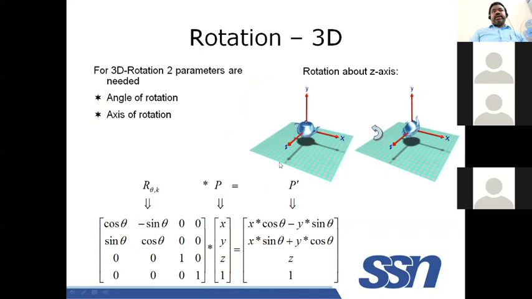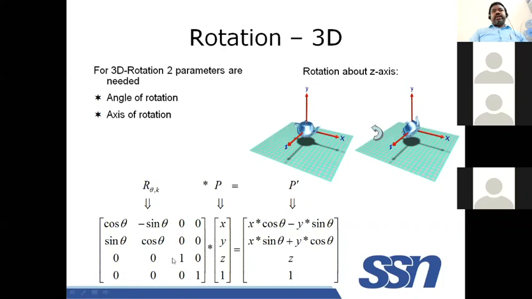This is the Z-axis. So it is rotated in the anti-clockwise direction. You look at it, this object is rotated with respect to the Z-axis by an angle theta in the anti-clockwise direction, so that it is tilted like this. So in this case, when rotation is done with respect to the Z-axis, the transformation matrix is given by this. The last row is referring to the homogeneous matrix. You can leave it.